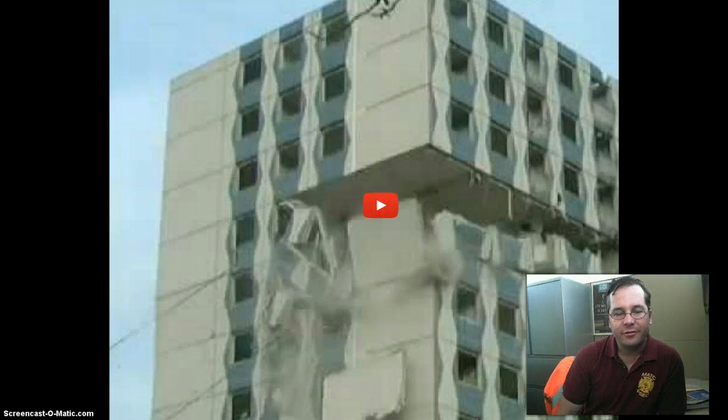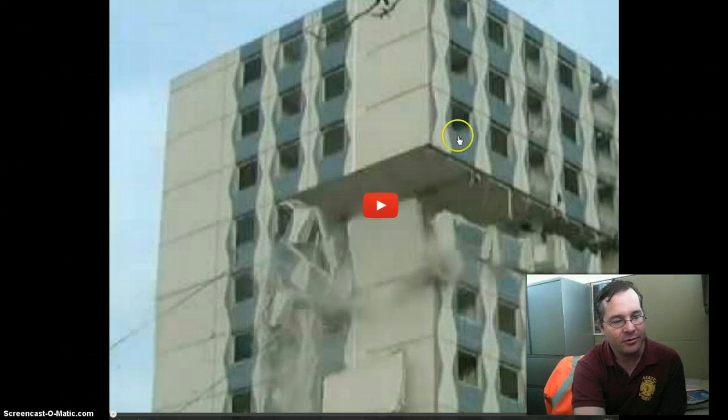So what you'll see here, this is likely a Class 2 building. So it's not hardened against fire, but its structure doesn't contribute at all to the fire load. And you can see that its primary construction is of reinforced concrete. Now, the type of collapse that they're attempting to induce here is a progressive or a successive collapse of floors below this falling mass. So essentially what the contractor has done in this case is they've severely weakened much of